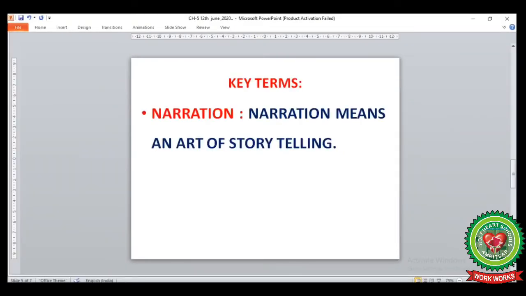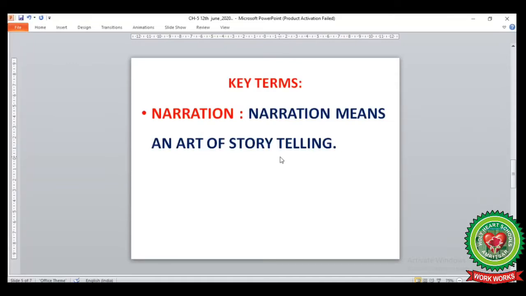Before going to start the chapter, let's discuss the key terms that we will learn from page 49. We will learn the term narration, where narration means an art of storytelling, where the writer tells us about the incidents that actually happened in the story or a play.